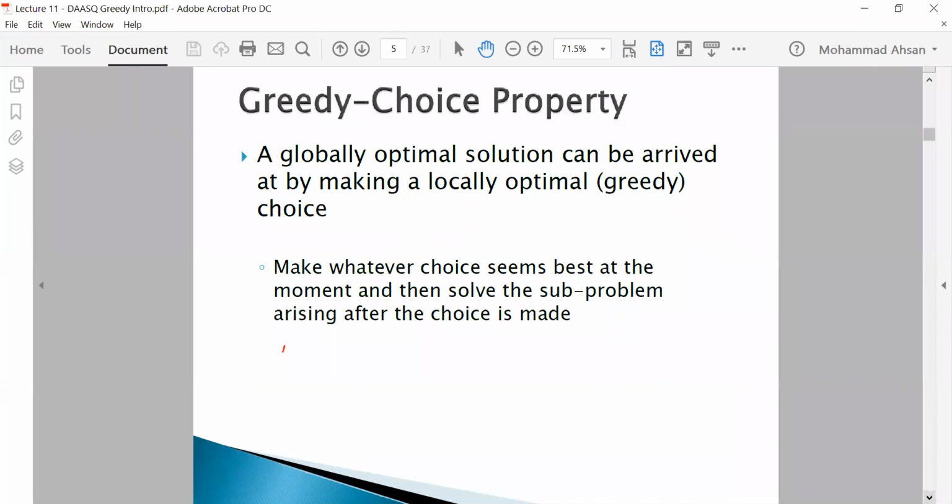What is the greedy choice property? We say that a globally optimal solution can be arrived at by making a locally optimal choice. So we make the greedy choice which seems best at the moment, and then solve the subproblem after the choice is made. The choice made by the greedy algorithm